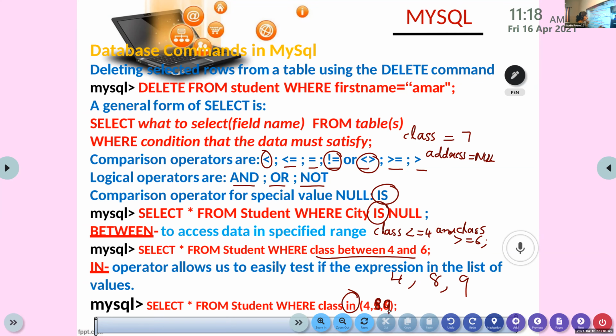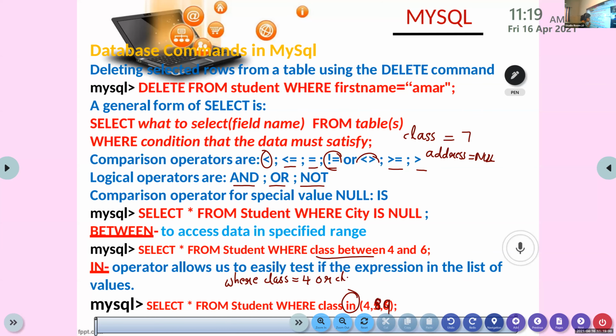This statement is the same as class equal to 4 or class equal to 8 or class equal to 9, which is a lengthy statement.